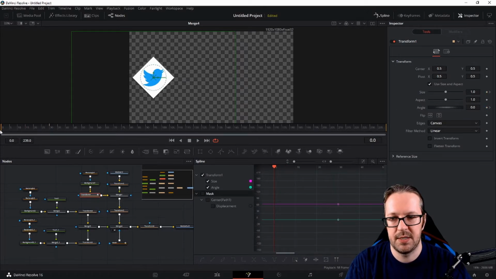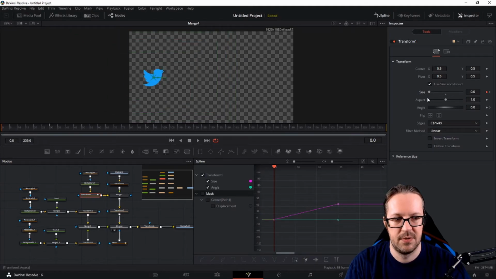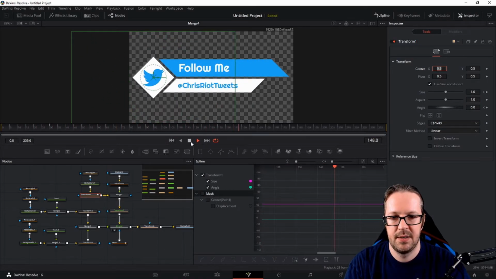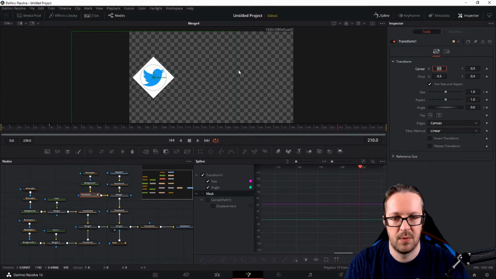Then scroll all the way to frame 0 and drop our size down to 0. And we'll set our angle to minus 180 degrees. And if we hit play, it has a nice rotation effect on its way in. And then if we go all the way up to 210, where we vanish this text, click the diamond to